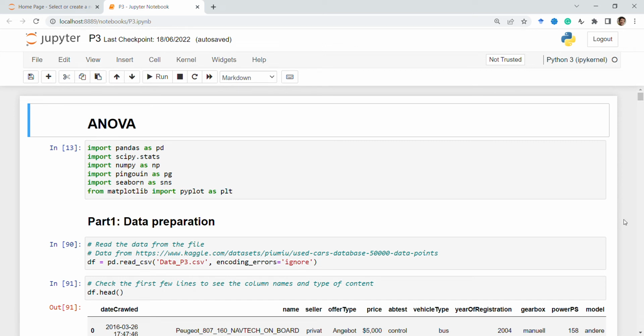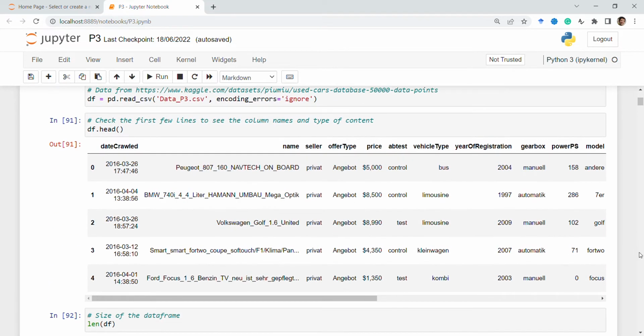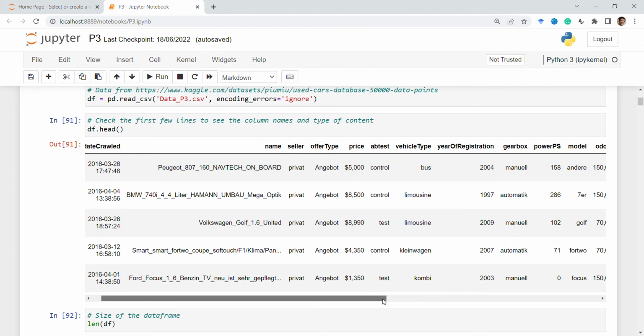In this example today, we will use ANOVA and regression to understand the prices of some used cars. The data has been collected from a web page where people sell their second-hand cars, and you see that most of the people are private people selling their cars, and then we have the price